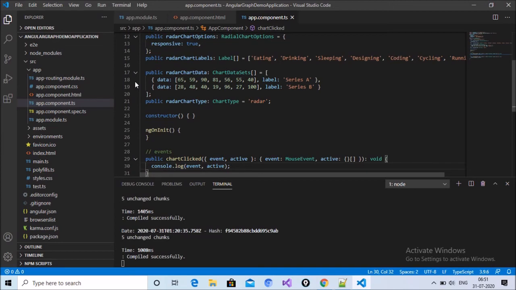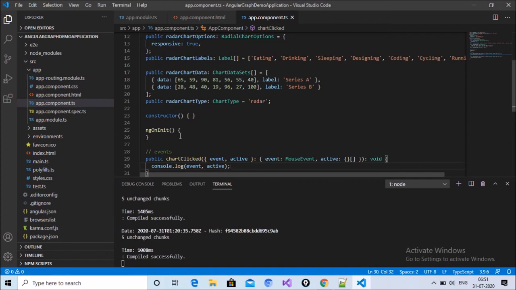That means two parts have been completed. The first is the labels, what I want to show on the labels, and the second is the data. The third step, which you know very well, is the constructor and ngOnInit, which define the component in most cases. But my focus here is the data and labels, and we have already defined the labels for the graph and also the data. Two steps have been completed, and after that the graph is created.